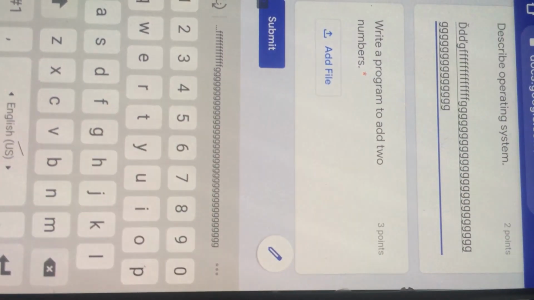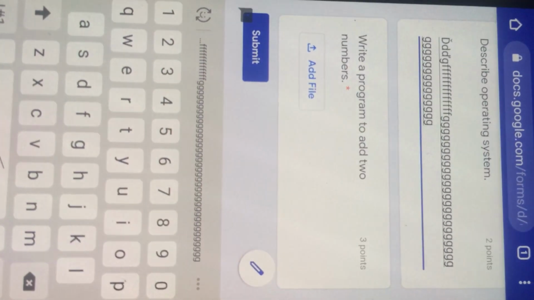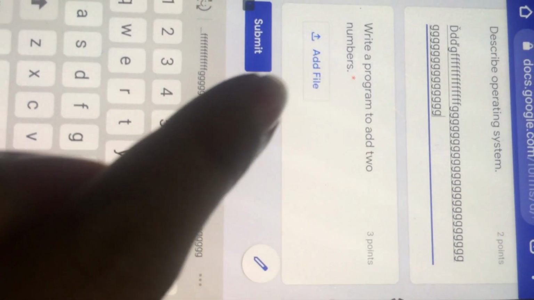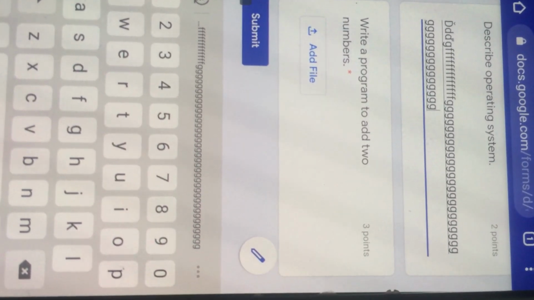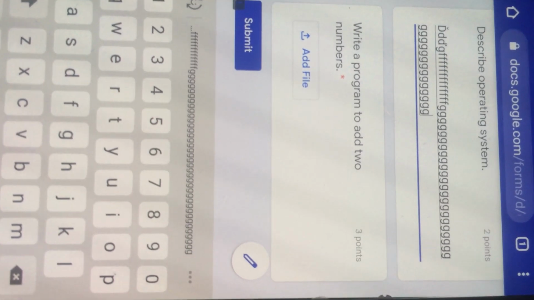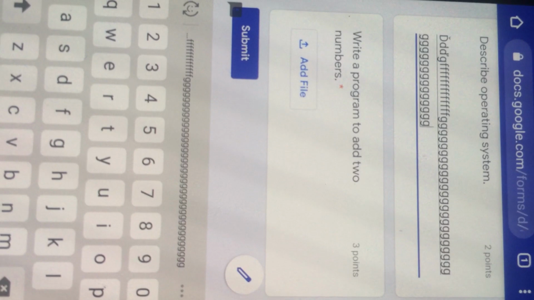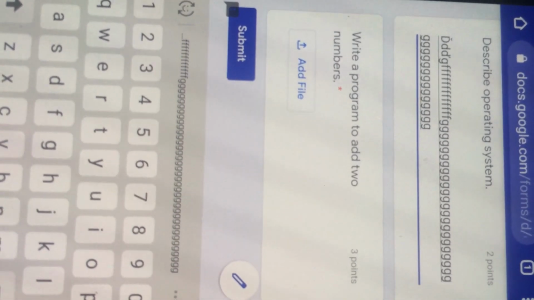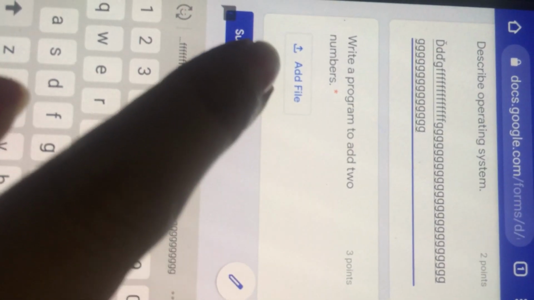Next to this, you may have a subjective type of question in your paper. Like this one is writing a program to add two numbers. Now when you are doing such questions, you cannot find a space here, but you find a new option of add file. When you have long questions and descriptive questions, it may be writing a program, writing a mathematical equation, derivation, figure drawing, picture drawing, sketching. So the new option that you can see is add file.